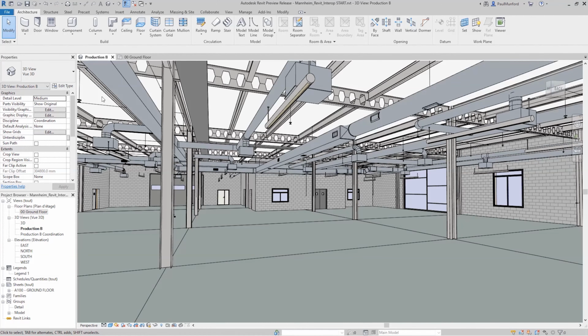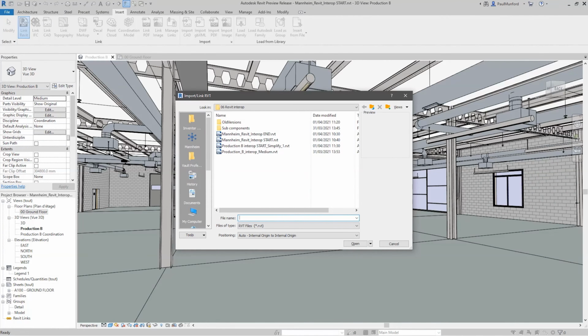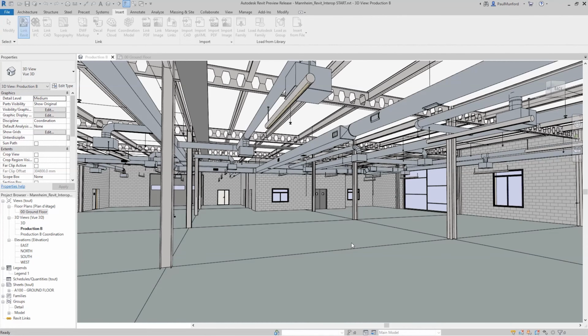Here we are back in Revit. We want to see what happens when we bring our Inventor file into Revit as a Revit project, and we'll do that using something called linking. So we'll go up here to the Insert tab and we'll look on the Link panel for the Link Revit command. And we'll click on Link Revit and we can browse to the Revit project file that we exported out to Inventor. We'll select the file and pick Open.